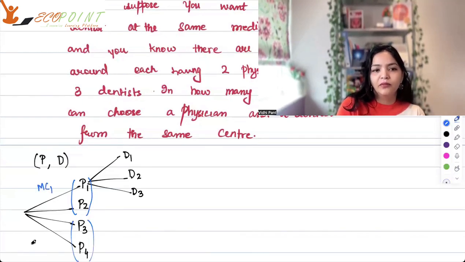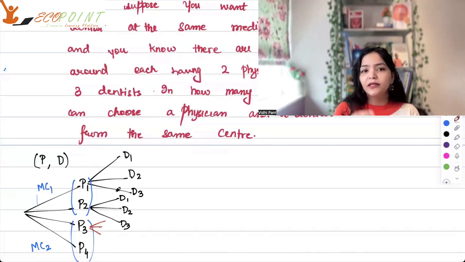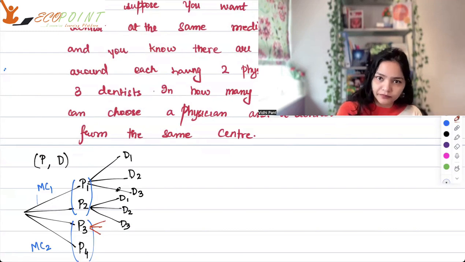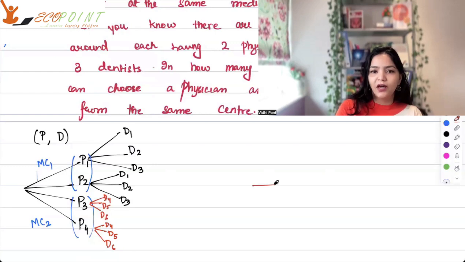और P3 P4 जो है वो मेडिकल सेंटर 2 में है। नाउ P2 इज इन मेडिकल सेंटर 1। मेडिकल सेंटर 1 में 3 डेंटिस्ट है, D1, D2, D3। अब ऐसे ही P3 इज इन मेडिकल सेंटर 2। अगर मैं P3 चूज करती हूँ तो मुझे मेडिकल सेंटर 2 के जो डेंटिस्ट है, ऑफकोर्स अगर D1, D2, D3 आर इन मेडिकल सेंटर 1, देन ऑटोमेटिकली D4, D5, D6 आर इन मेडिकल सेंटर 2। सो ऐसे ही अगर मैं P4 को चूज करती हूँ तो मुझे 3 ऑप्शंस मिलेंगी फॉर डेंटिस्ट।